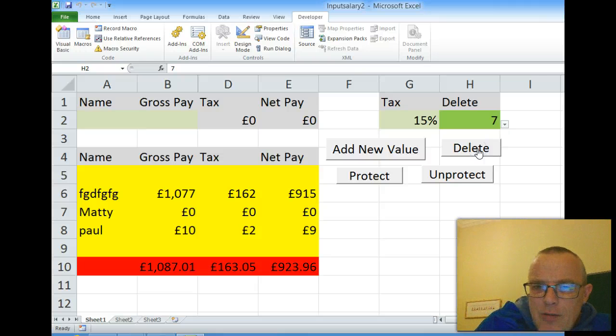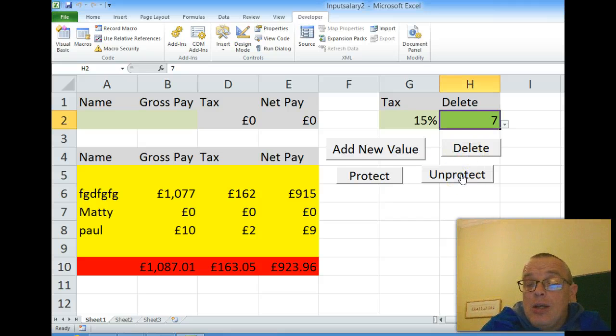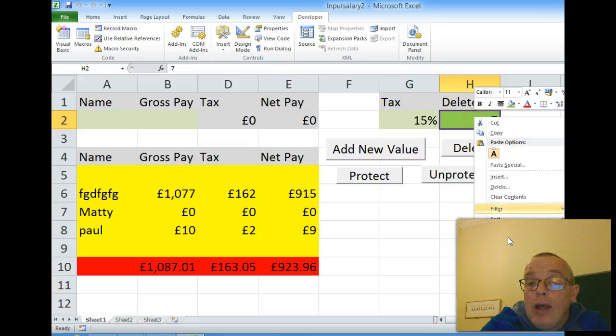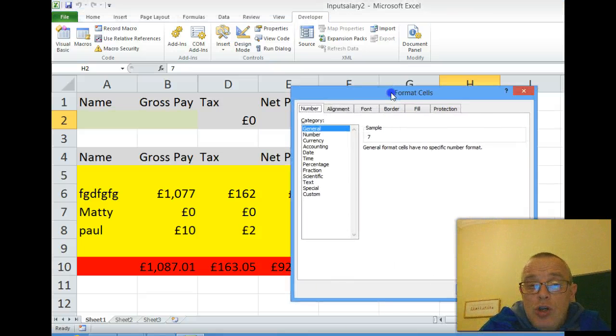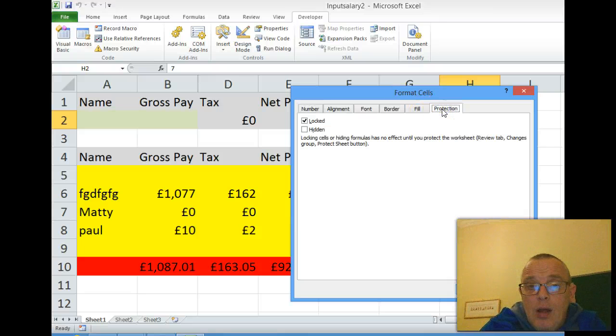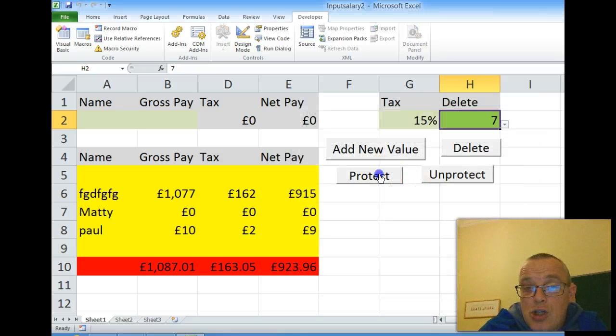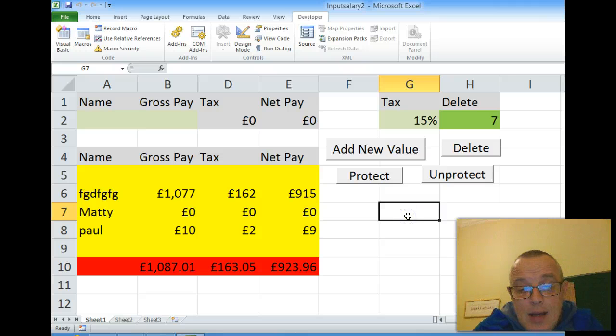It's a bit of a pain that I have to unprotect the sheet before I can select this cell, but one of the things you can do is unprotect the sheet, right click and format that cell. You do have an option here called protection. Currently that cell is locked. If I untick that, then when I protect the sheet,